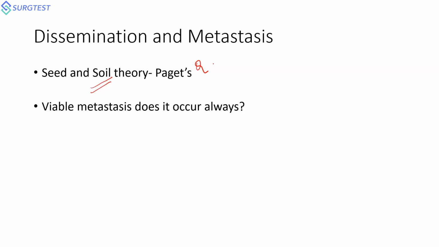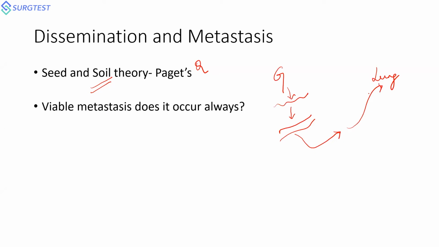The viable metastasis does not occur just by that. It has to have a favorable soil for it to get deposited, and there will be mutual secretion. Say, for example, you have got a gastric cancer, you have got a lung tissue for metastasis. How does your gastric cancer deposit into the lung? There will be a lot of factors which are secreted, which will destroy the basement membrane, get access to the blood vessel. From the blood vessel, it has to travel into the systemic hematogenous axis, and it has to go deposit into the lung tissue.